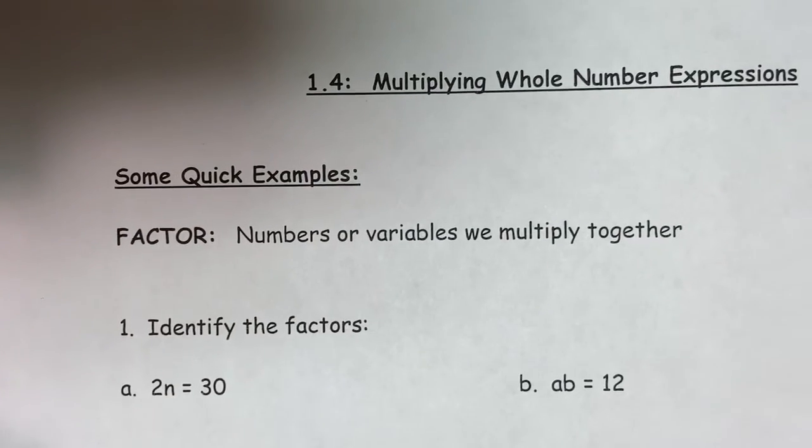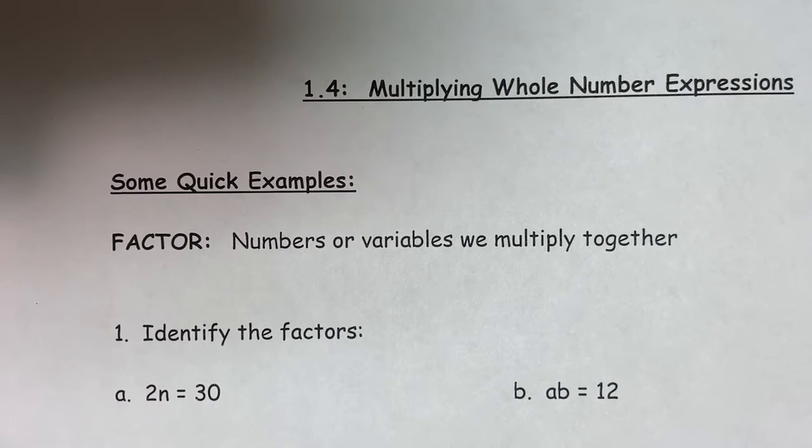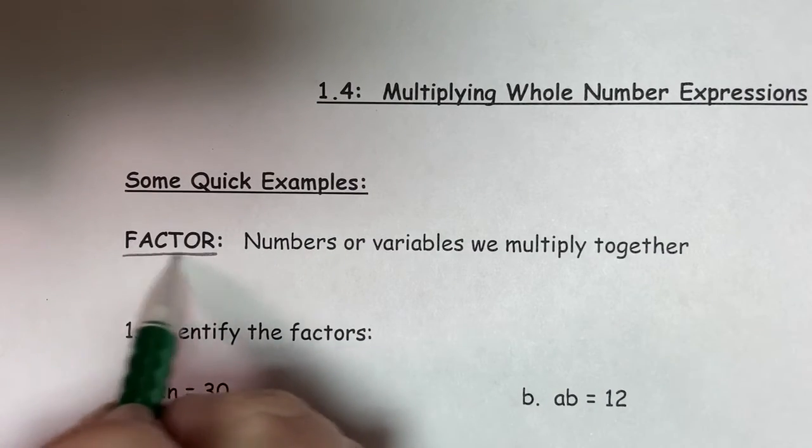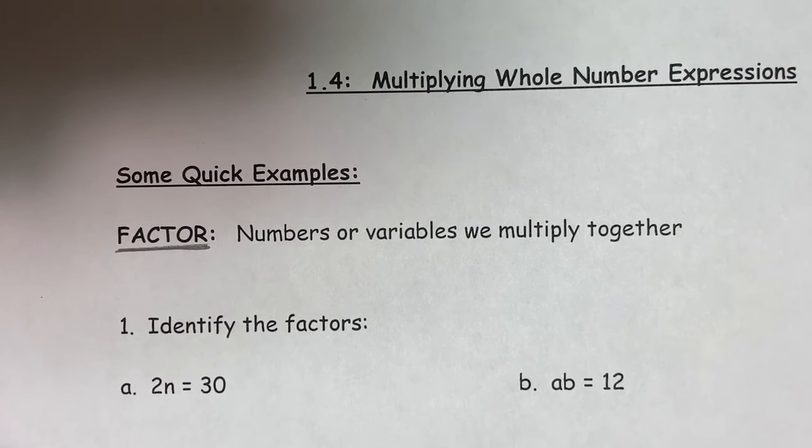All right, we're still in our quick review here, but this time we're going to do multiplying. So some words that you should know. The word factor are numbers or letters, or numbers and letters that we multiply together. So for example,